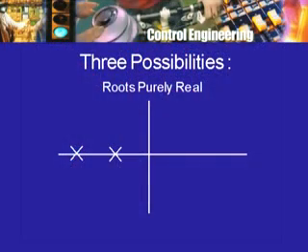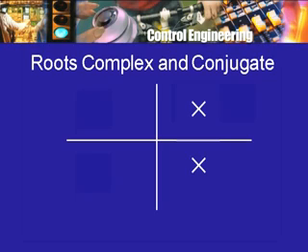This is one possibility. What about the other possibility of complex conjugate roots? That also we can consider. So if the roots are complex conjugate, can they be both in the right half plane? What about their sum then? When you add the two numbers which are conjugate, the sum is simply 2 times the real part, and therefore the sum will be positive. But we know that the sum is negative, so this is ruled out.